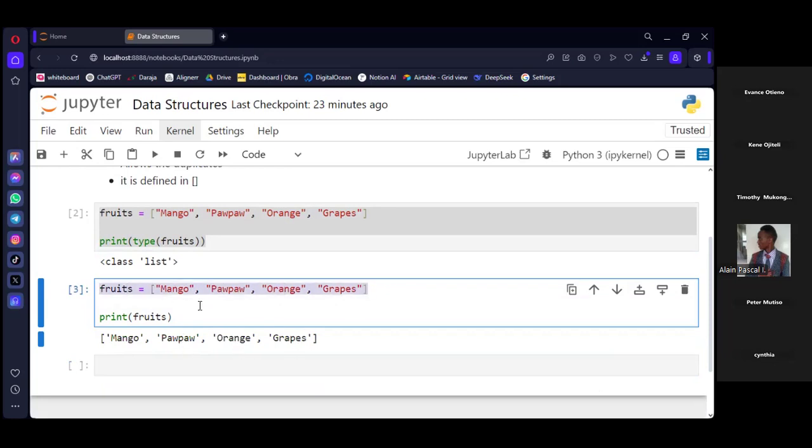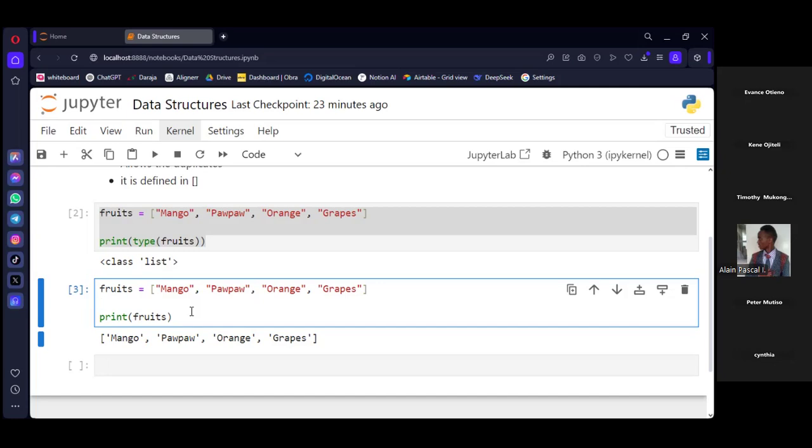Which means that this list is ordered, the way you define it is the way you will get it. If something is ordered, it means you are able to access the elements with their index number. Index is the position of things. For example, let's say you are lining up some people at the front and you want to count them.